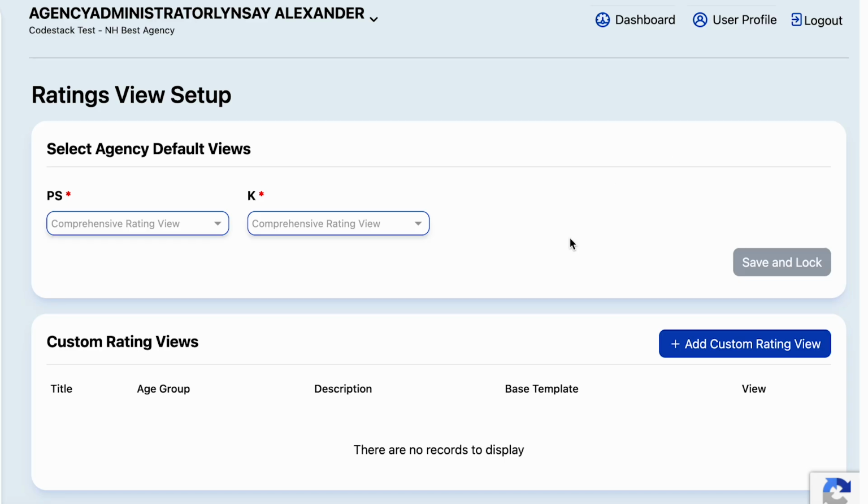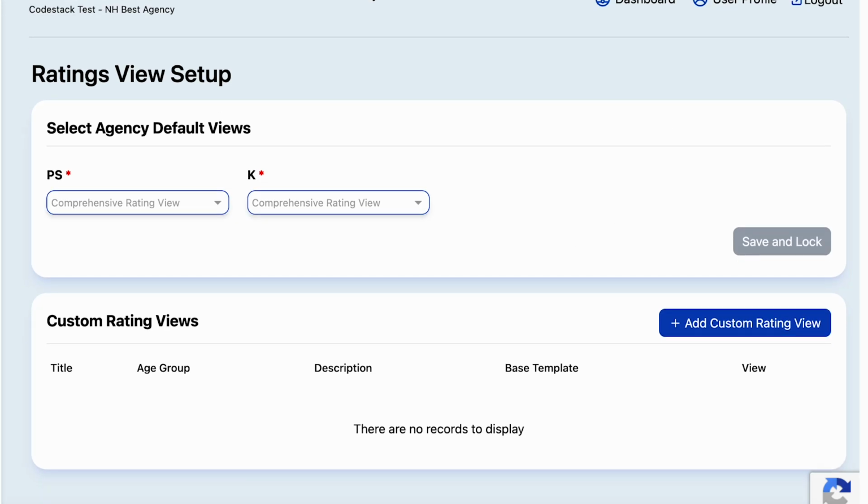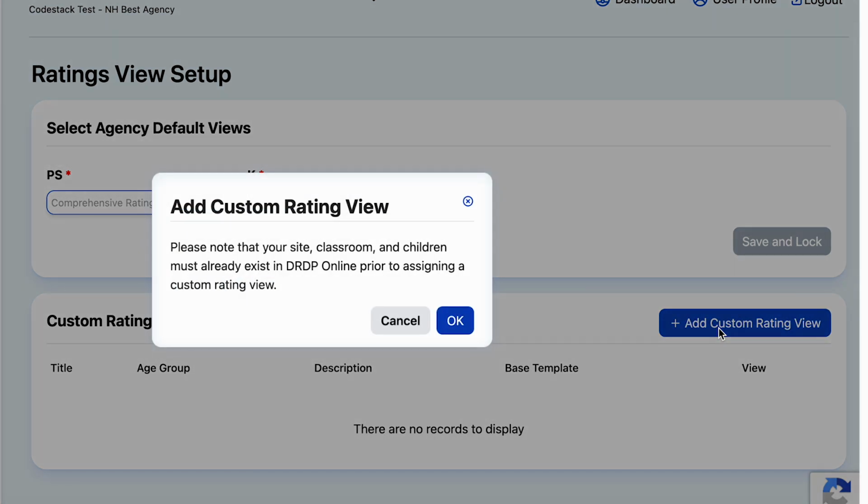One of the new features within Rating Views is the ability to create a custom rating view. Any custom rating views that have been created by the administrator are already listed. In order to create a custom rating view, simply select the blue button on the right-hand side that says Add Custom Rating View. Please note that your site, classroom, and children must already exist in DRDP Online prior to assigning